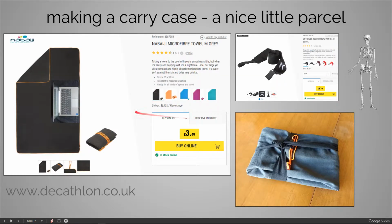Another housekeeping thing here is I made my carry case, which you've clearly seen twice now in this video, and it's my little parcel. It really does feel like one of those leather-bound pen and paper type books, the Moleskine type things. I don't use Moleskine, I use other things, but the point is that you go down to Decathlon, and okay, this is UK, but they're a worldwide store. For no money at all, you get this microfiber fleece thing, and here's a mock-up with the IdeaPad sitting on it,